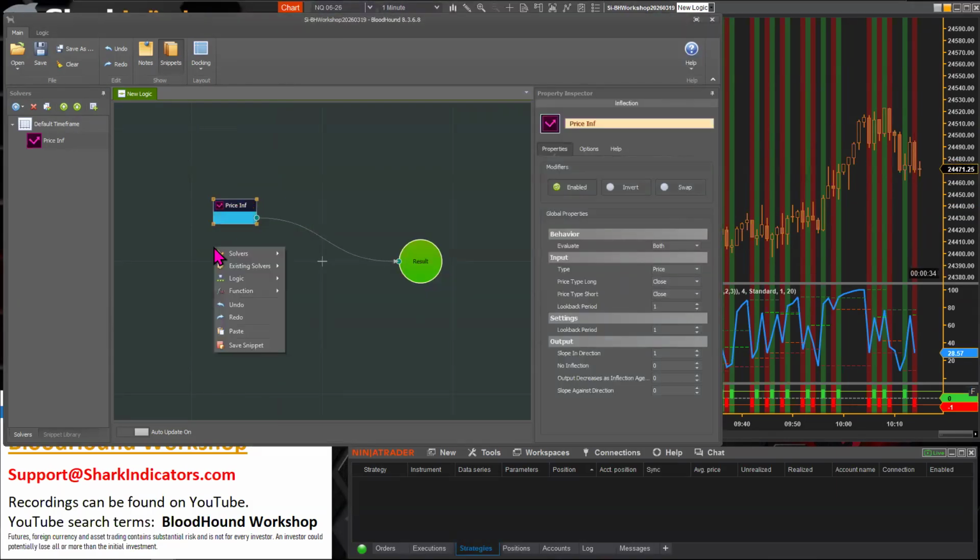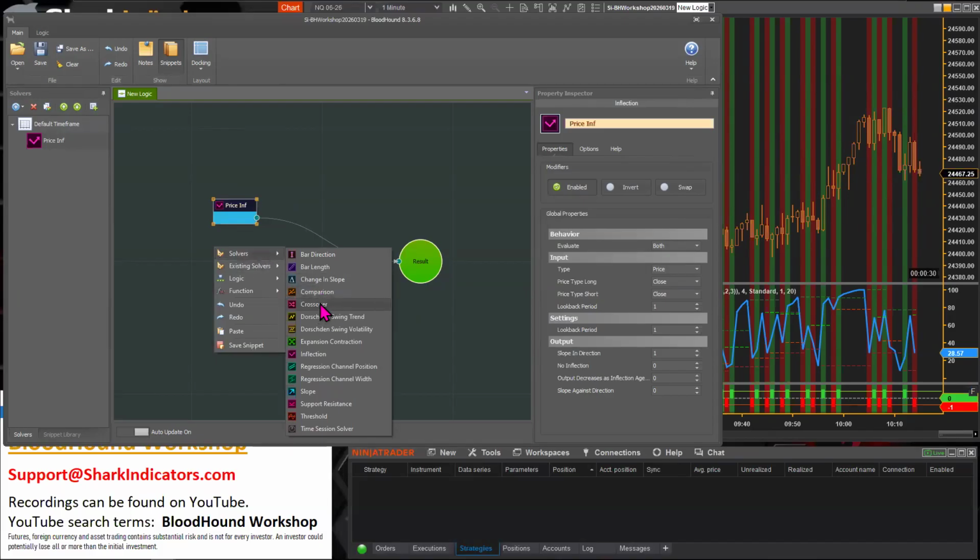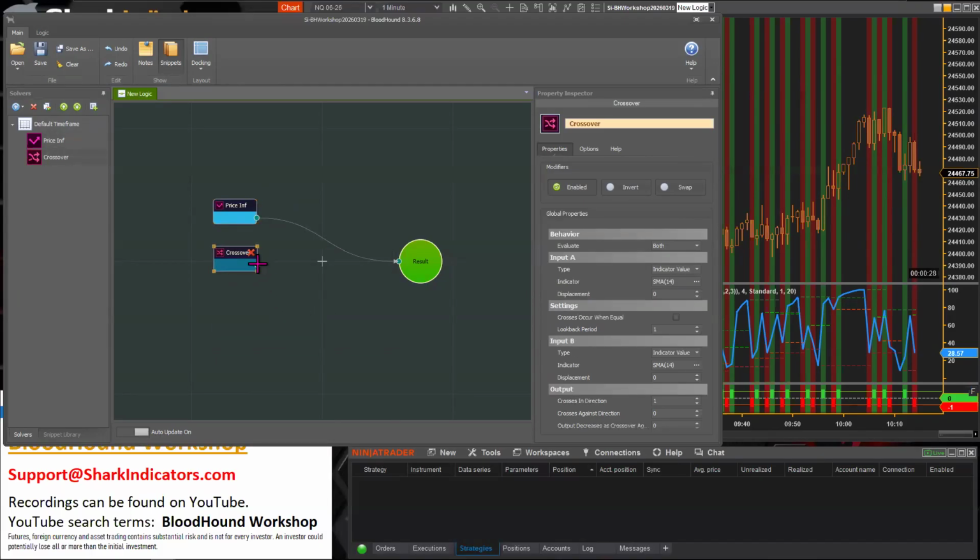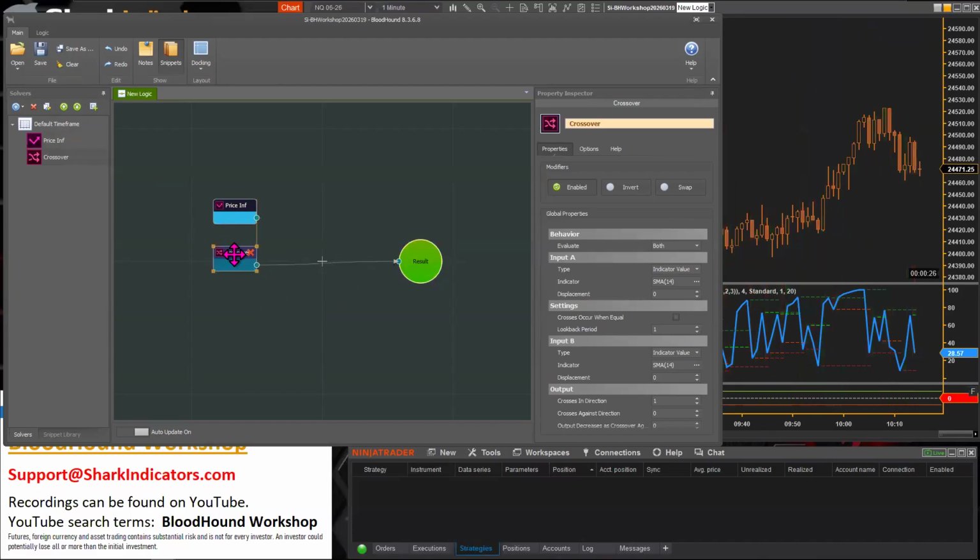And now the second requirement is that crossover, right? So let's grab a crossover solver. We'll connect this up. And let's give this a name.